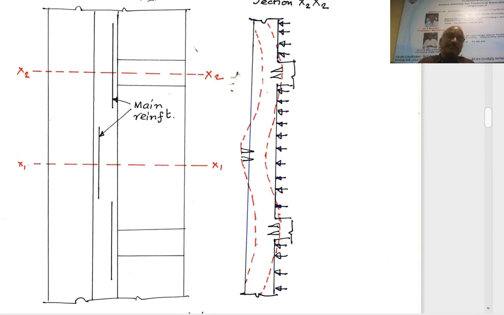On the left hand side, this is the plan of the counterfort retaining wall, and also the counterforts and location of main reinforcement. In plan we will see this as lines, but in section we will see the reinforcement as dots, because this contains a number of components, and what we have shown is only the main reinforcement.